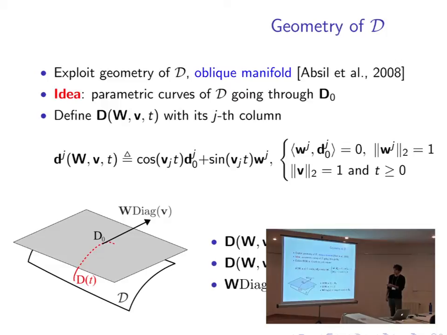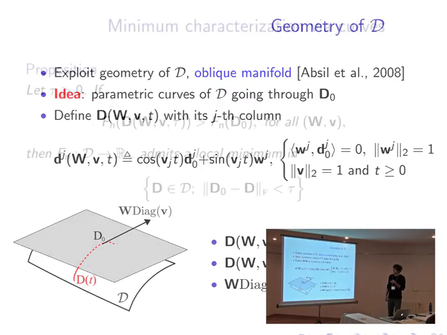So you can easily check that if you take here the radius equal to 0, the cos is equal to 1, and the sine disappears, and you basically get back the reference dictionary. And you can also easily check that for all sets of parameters, the curve is indeed in the set of dictionaries. Right? So now, based on this parameterization of the set of dictionaries, we will be able to characterize some